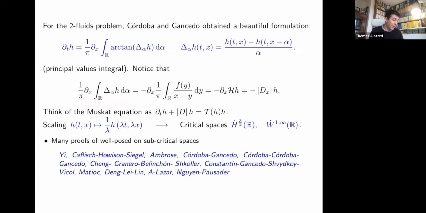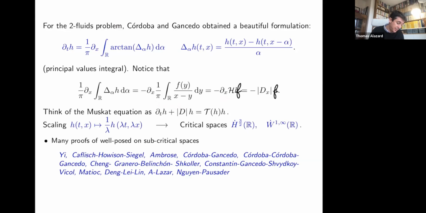Since this is an integral computed in the sense of principal value, the contribution of that term can be neglected. And then you recognize that this is the Hilbert transform of f. So we have dx acting on the Hilbert transform of h,